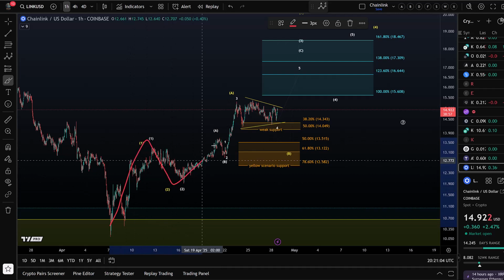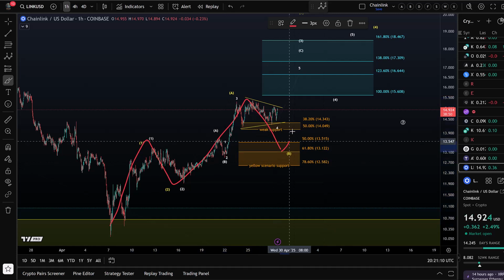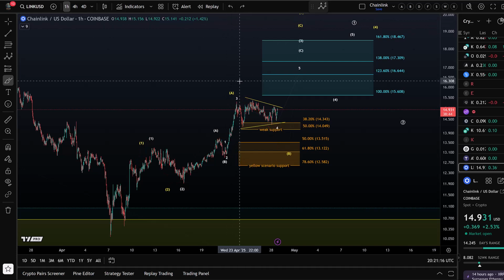Wave 1, 2, A, B, and the support area is already on the chart. $12.58 needs to hold in that case. And then we can track a C wave, 4, 5. So it would just be an extended diagonal. It might seem a bit more bearish, but it might actually be a little bit more bullish if it forms a diagonal like that. But I prefer to get that 5-wave move done as soon as possible so that we can track a wave 2 pullback sooner rather than later.